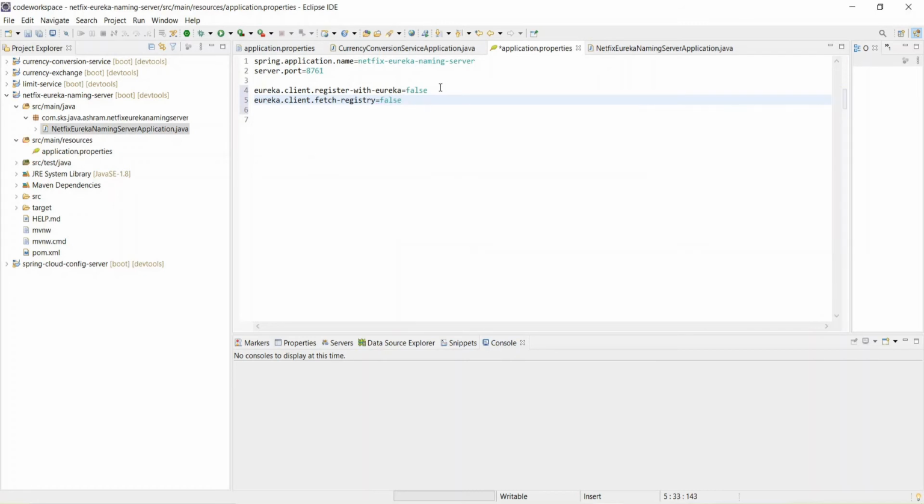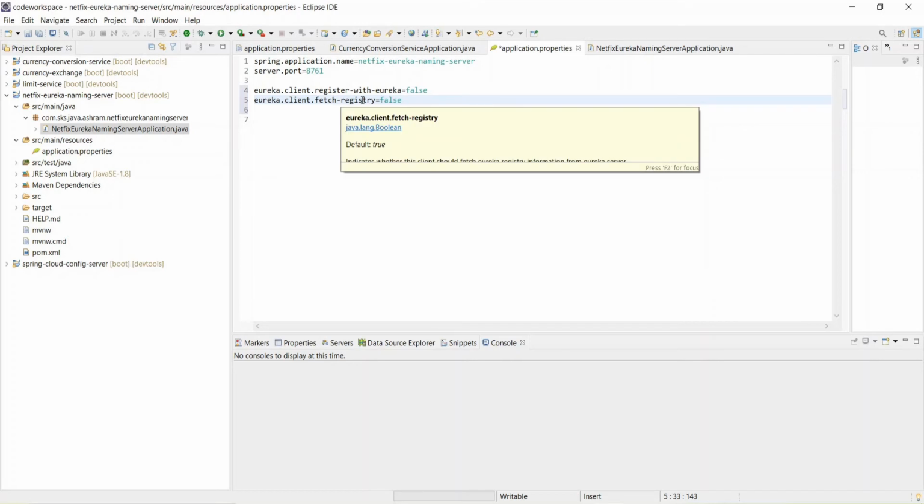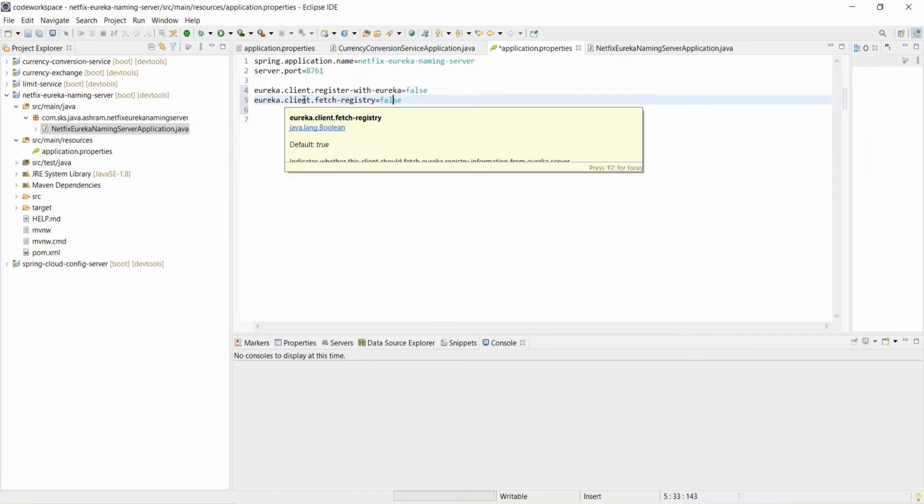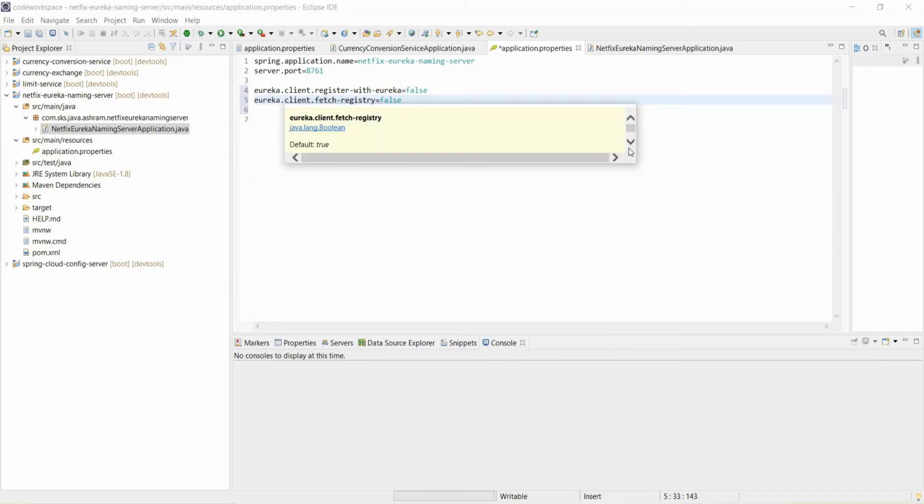If you go here and mouse over, it will give you the details of the purpose of this. You can press F2 to focus. It indicates whether this client should fetch Eureka registry information from the Eureka server. This is itself a Eureka server, so we don't need to do this. So we will be making it false.